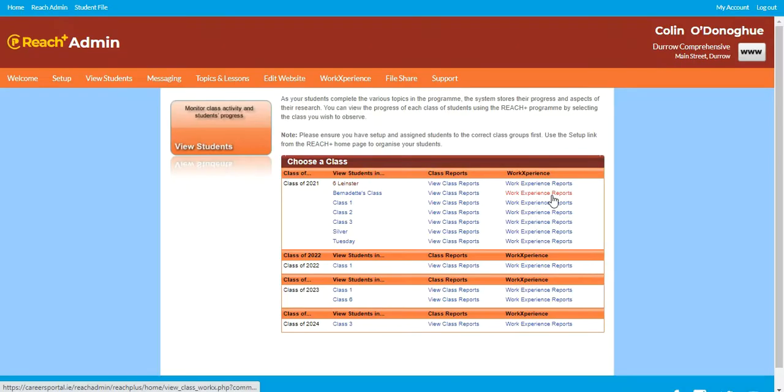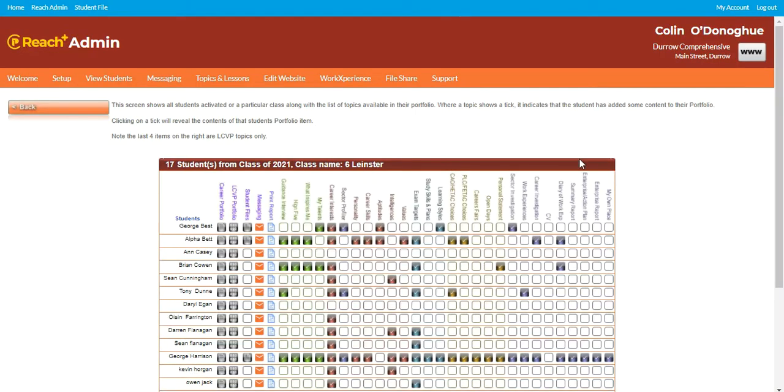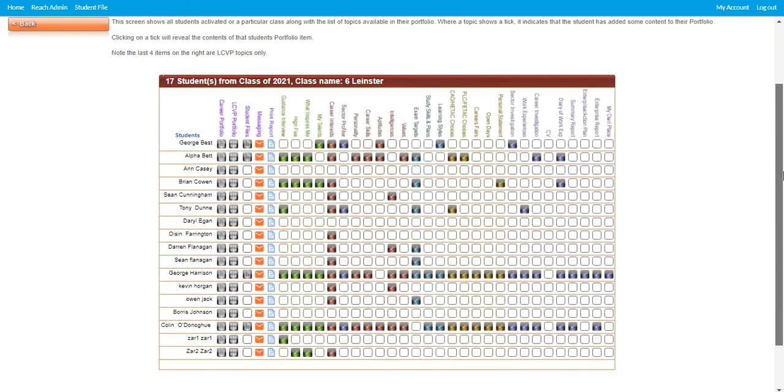View students basically is what I would use most. It's the area where, when I'm walking down the corridor to teach my class, I'll pop in to see who I'm teaching. So I'm teaching 6th Leinster in the classroom. I click on 6th Leinster and my students will appear in this way. Okay, so this allows me to view all the work carried out by my students. Each of those little boxes ticked indicates that a student has carried out a piece of work from that particular app